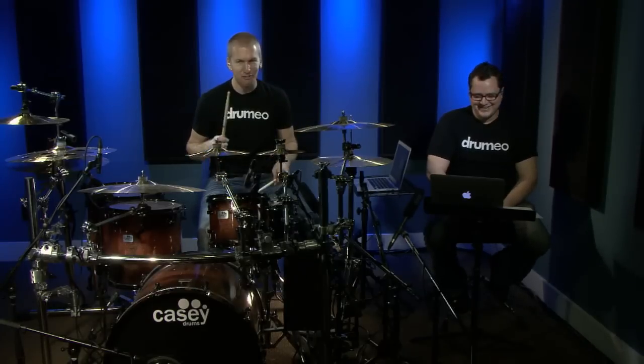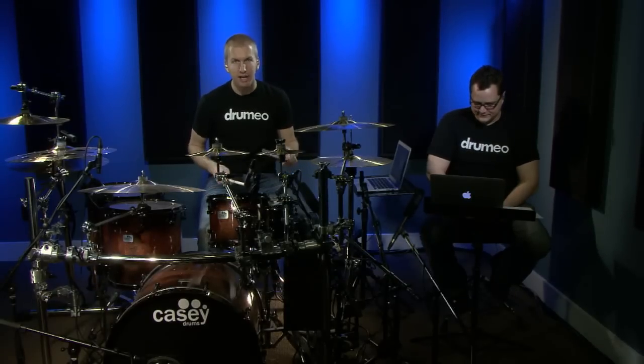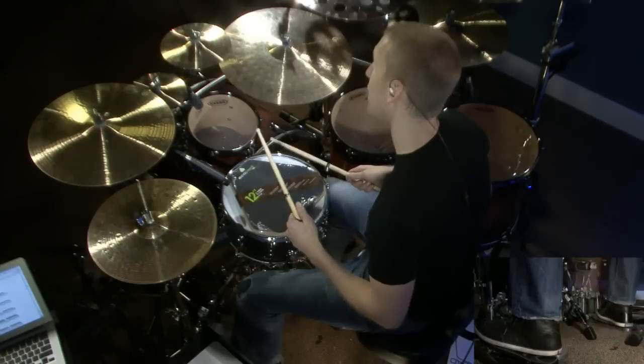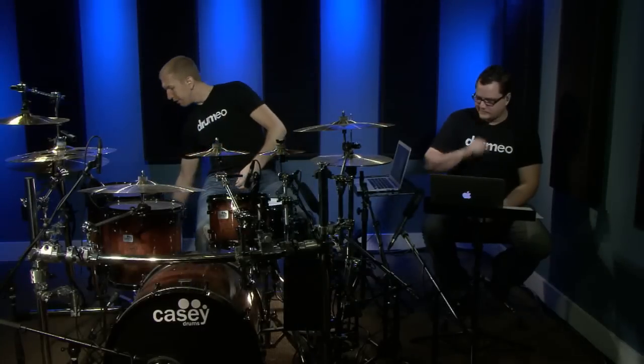Right, left, bass, bass, right, left, bass, left, right, bass. Do it with me. Right, left, bass, bass, right, left, bass, left, right, bass. Beautiful. Okay, and so that's how it looks there. Now what we're going to do is we're going to put it on the...